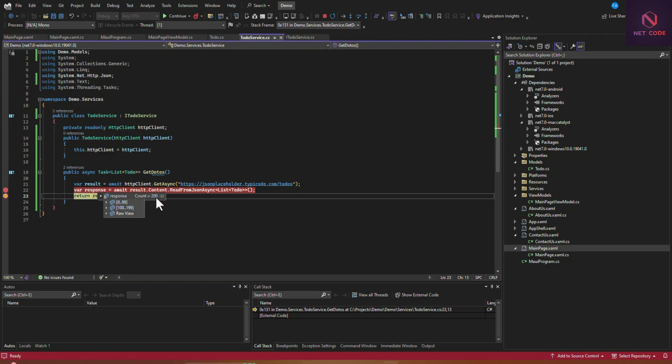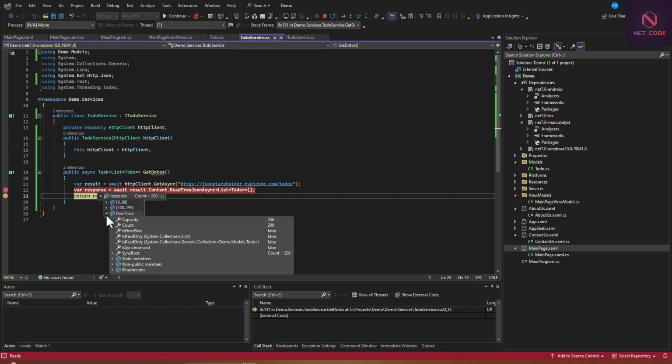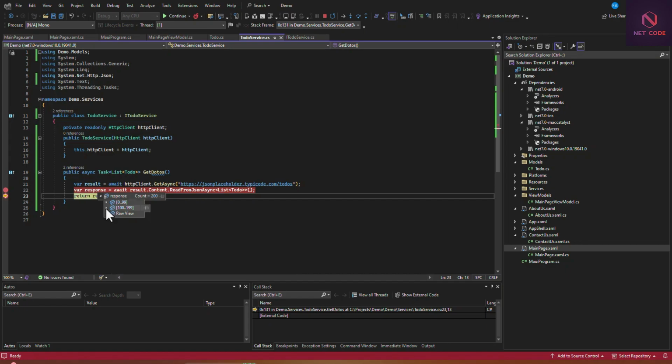So when you go to raw view, let's see if we can have 0 to 99, 100. So as you can see, we have a whole lot of this. So that is it. It's up to 200, but we have only 20. So we have to enable the scroll view.